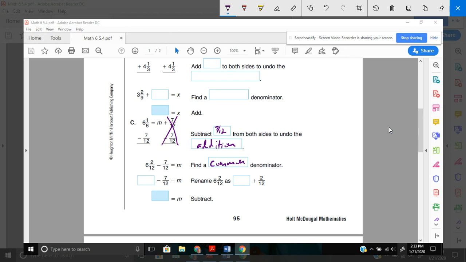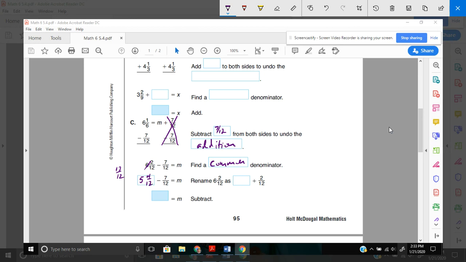And now we kind of get to that spot where it's like, well, we can't subtract 2 from 7. 2 doesn't have enough to give. So we need to regroup. We need to borrow a whole to make this 5, and then rewrite that borrowed whole as 12/12. So I will add that 12/12 to this 2/12 to give me